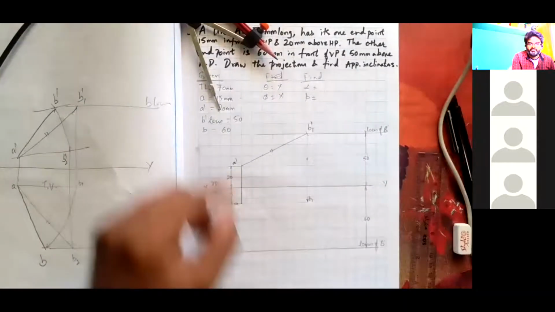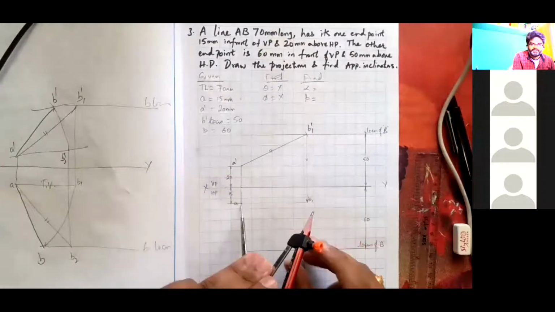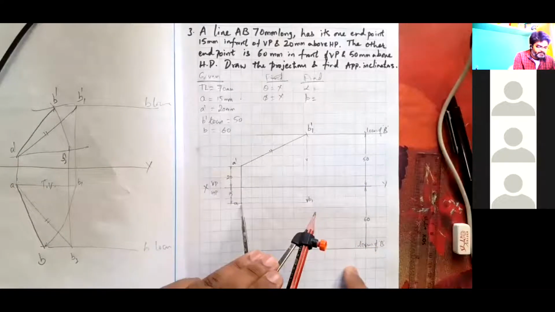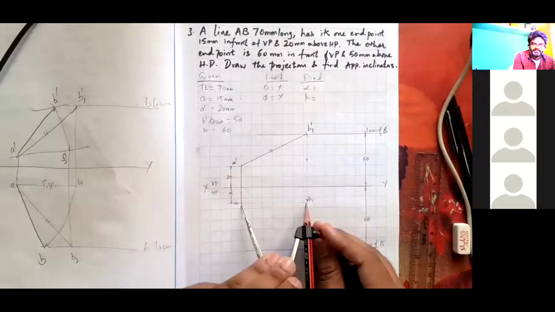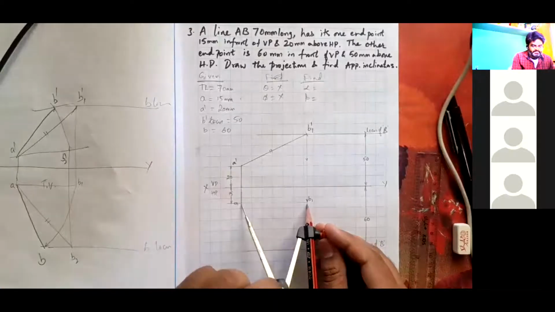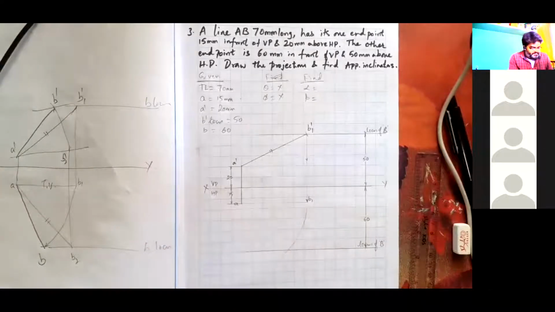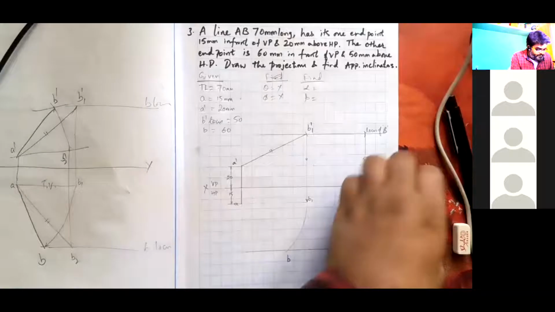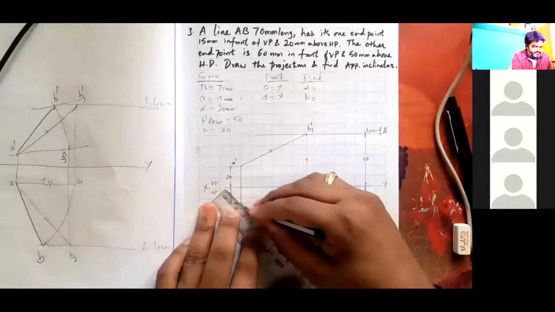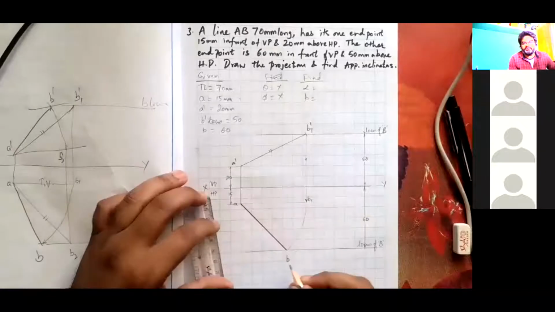AB1 represents the top view. But the top view cannot be drawn here because the B locus is here. So the same measurement, I'm picking it up and marking it to the new position. See, the same measurement of the top view, I'm picking it up and rotating it towards the locus of B to get B. So this is B, the top view. I'm making it slightly dark and applying some pressure with the same pencil. A, B. This is A, this is B. The top view I have got directly.